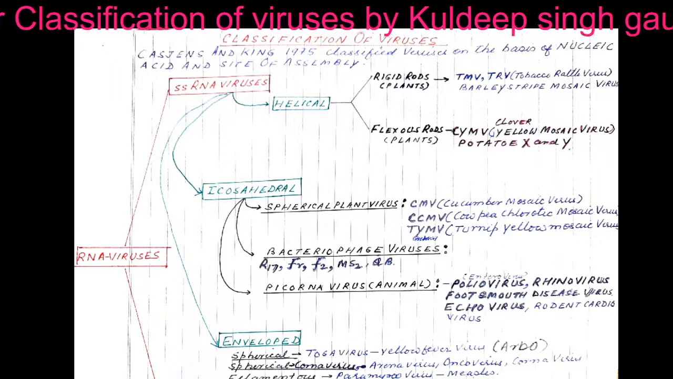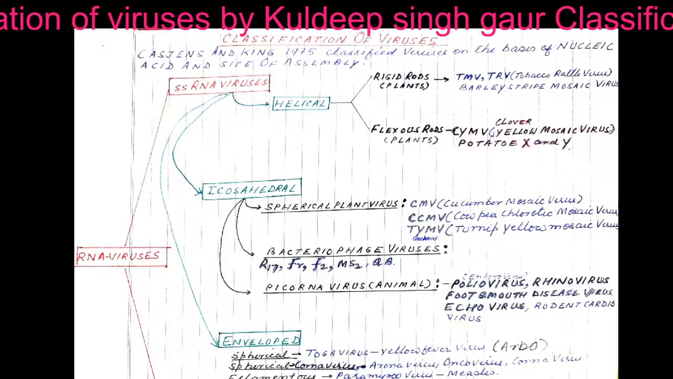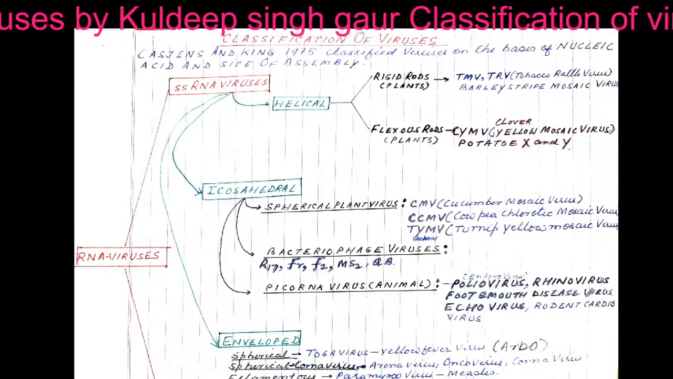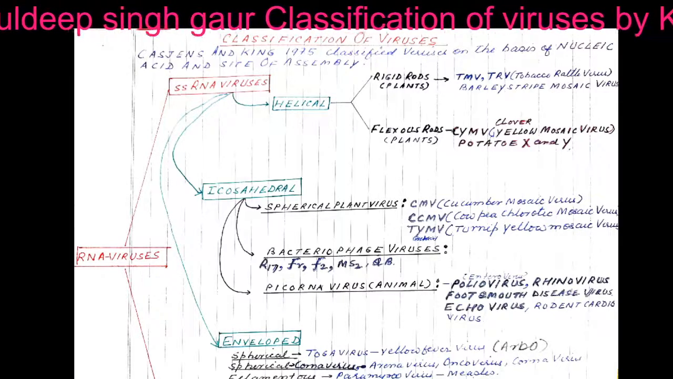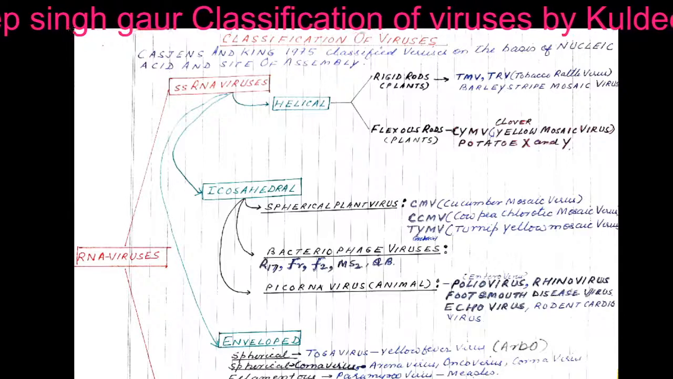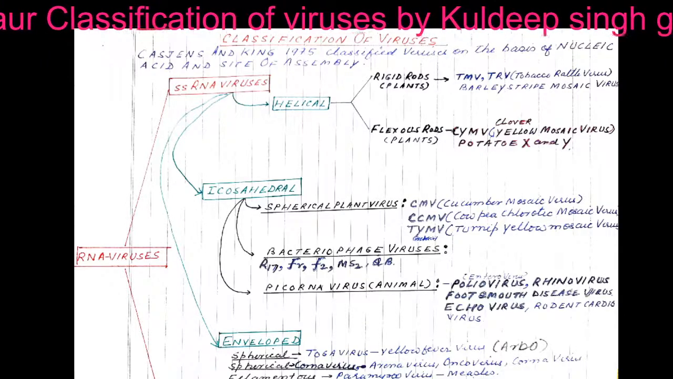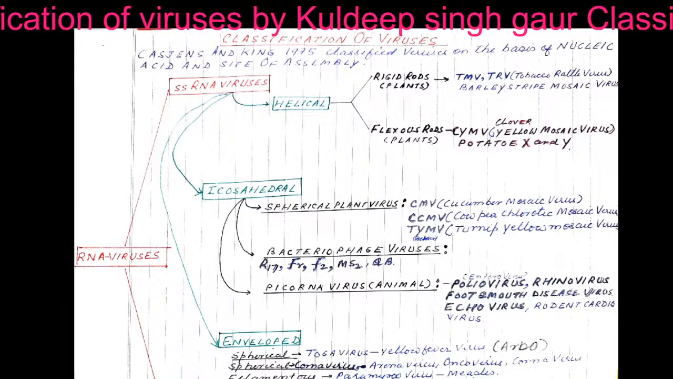also have picornavirus as animal viruses, which includes the poliovirus, rhinovirus, the foot and mouth disease virus, which causes FMD disease in cattle, the echovirus, and the rodent cardioviruses. Now we have enveloped viruses also in the category of